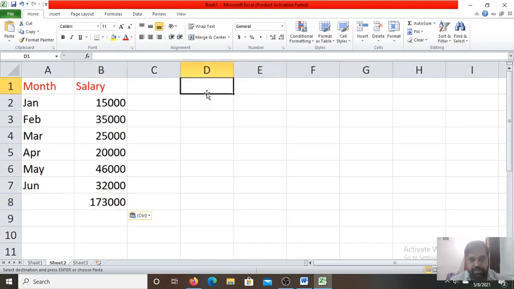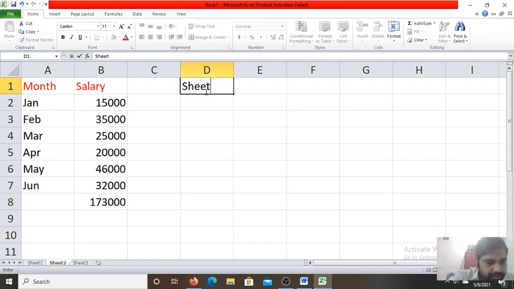Let me show you here how we write it: sheet, and after that you have to write the exclamation mark, sheet exclamation mark D2, like this. This is the sheet reference. So the sheet reference uses the sheet number, like sheet 1, exclamation mark, and cell address.